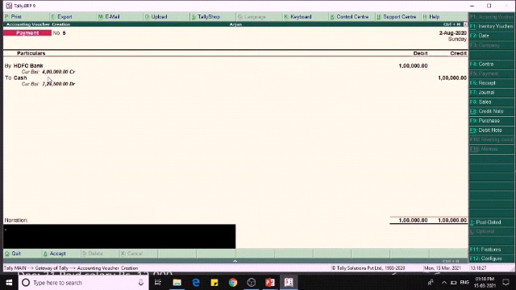We are paying it through cash only. So being payment made to HDFC loan account.